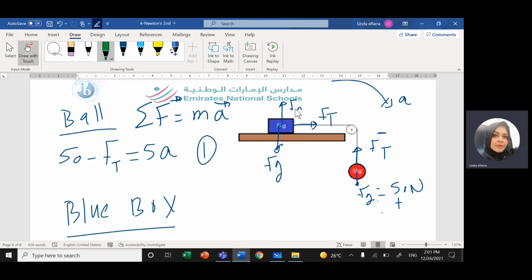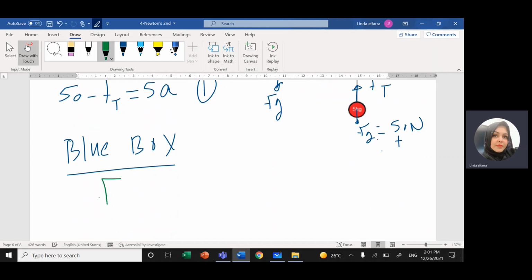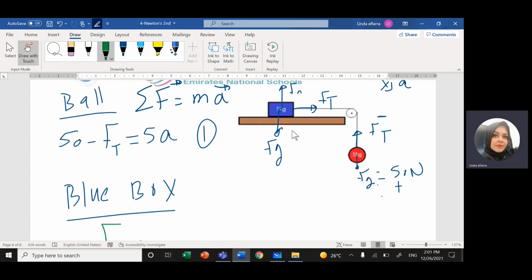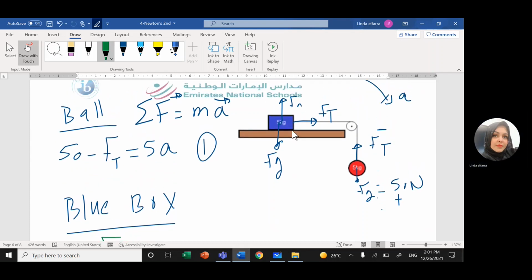We would need it if we had friction, to calculate the friction force. So Ft is in the direction of motion. Ft is the force responsible for accelerating the box. So Ft will equal the mass of the box, which is 5,